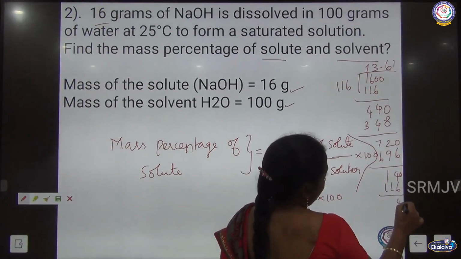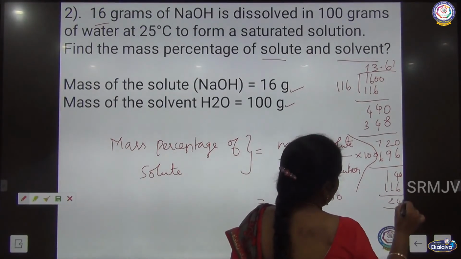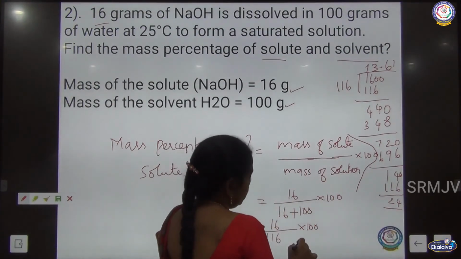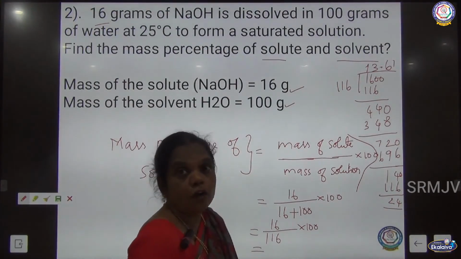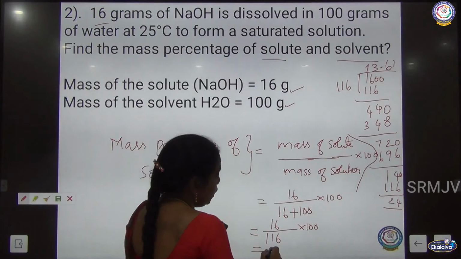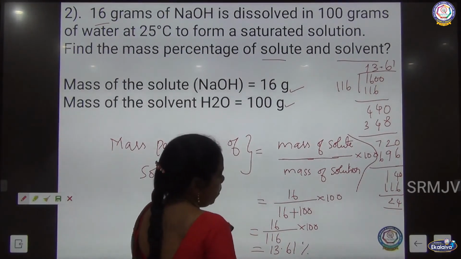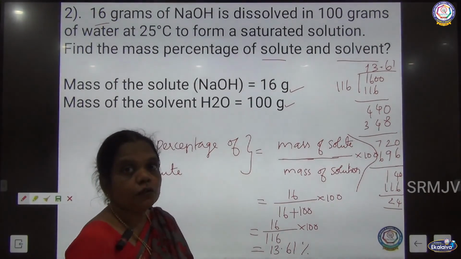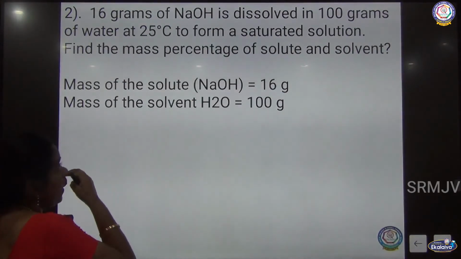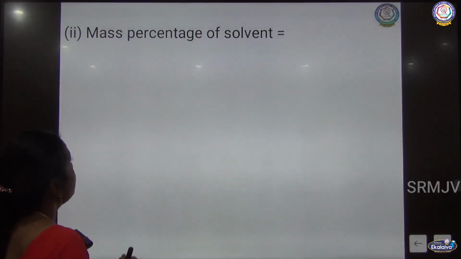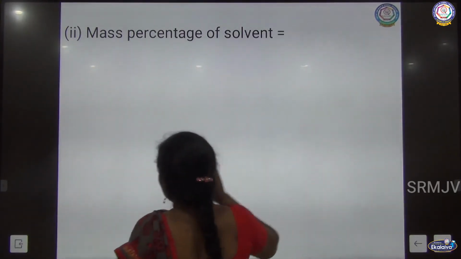116, 4 remainder 2, 3 minus 2, 24 now. So the answer is what? 13. So the percentage of solute is 13.61%. And next we want to find the percentage of solvent. The percentage of solvent is nothing but 100 minus